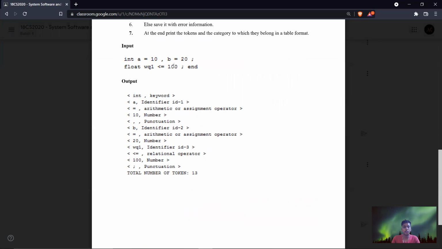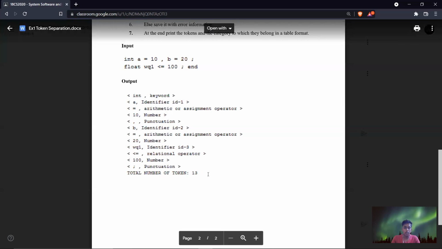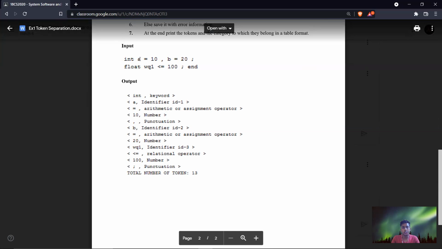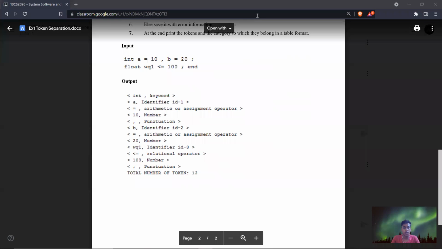That is the thing we need to perform. And at last, they have given that there are totally 13 tokens found.